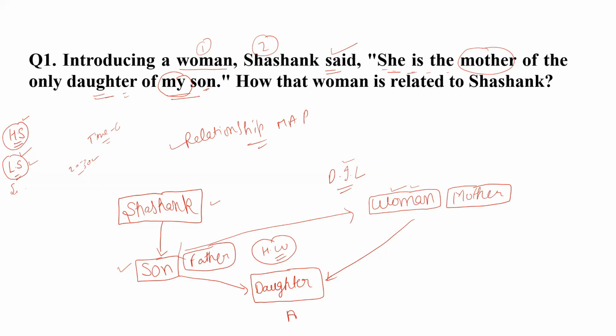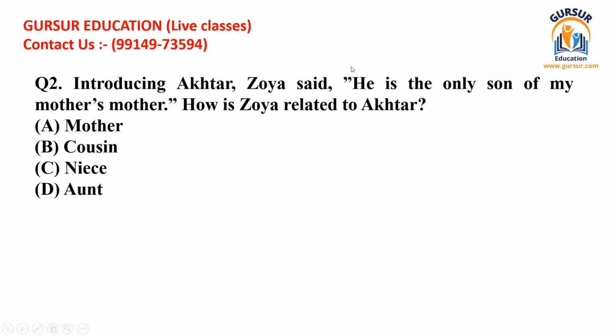And let me tell you one thing. Even without looking at all the options, you can answer this question. You will not need any options to be given. If you build up the relationship map, easily you can find what relationship can be drawn and concluded. Now it's not the only one. We have a number of questions which I am going to explain right now. So this is going to be the second one,